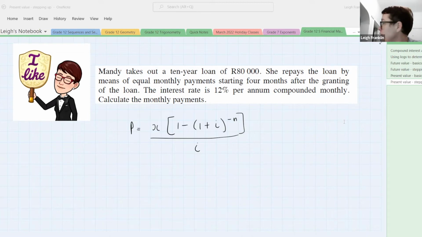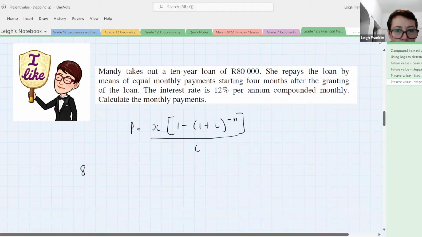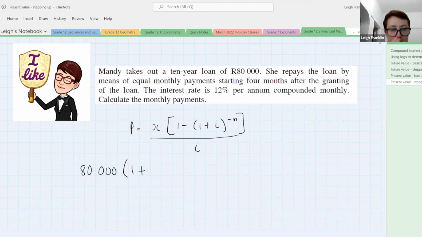So here, the loan needs to grow for 3 months so that there's a 1-month gap before she starts paying it off. So in other words, our p-value of 80,000 has to grow for 3 months because there needs to be a 1-month gap. So 0,12 over 12 to the power of 3. For 3 months, it's going to grow. 1-month gap, and then Mandy is going to start paying it off. All right, so what she's paying off is the x, 1 minus 1 plus